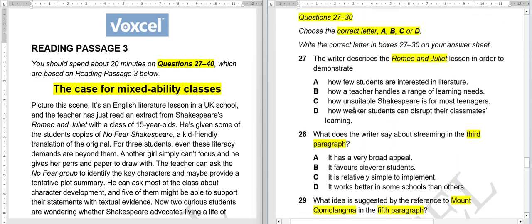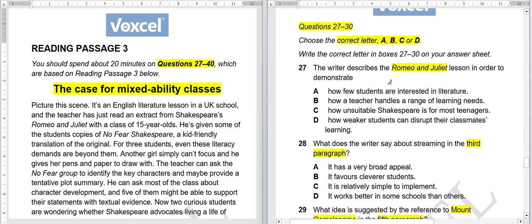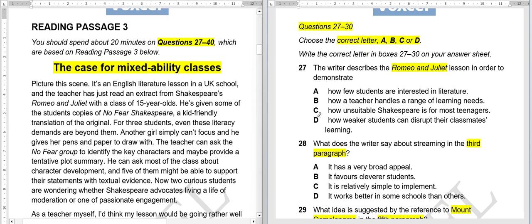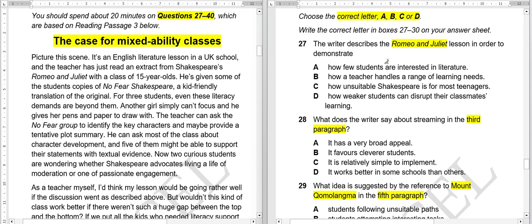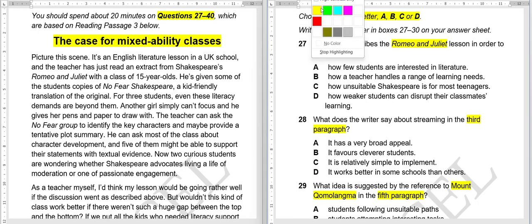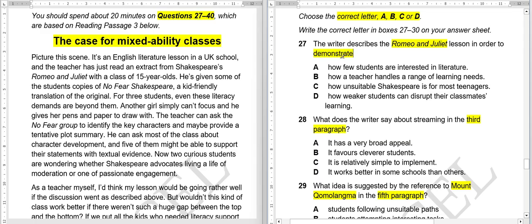So now what we know is we should get this question in the first, second, or third paragraph at most. So let's read the question and then we will read the paragraph. The writer describes Romeo and Juliet lesson in order to demonstrate. So demonstrate means